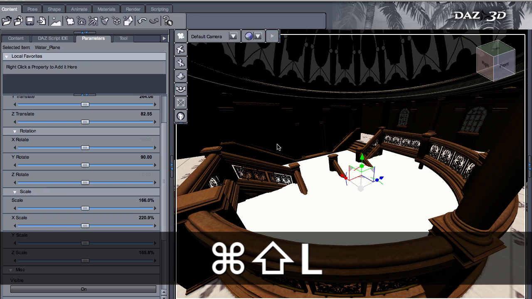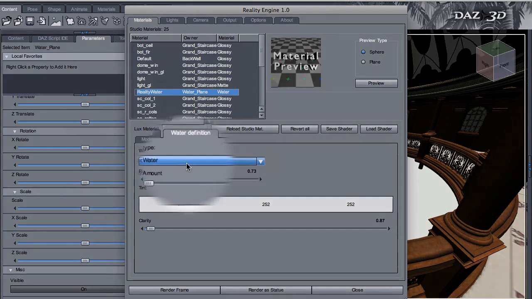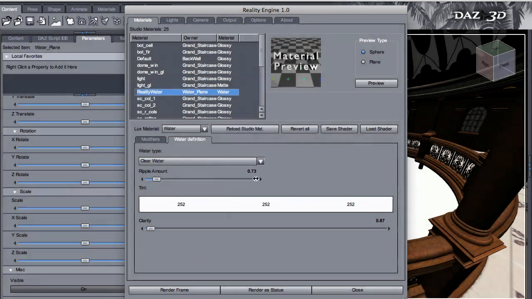And let's call Reality. All right. I already preset this so that this tutorial can move along faster. Basically, we are using the clear water material, and the ripple amount is 0.73, and I just lowered the level of white of the water just to make it a little less clear. The default is pure white, 255, 255, 255. So we are just a shade lower than that, and the clarity is moved from the default of 0.5 to